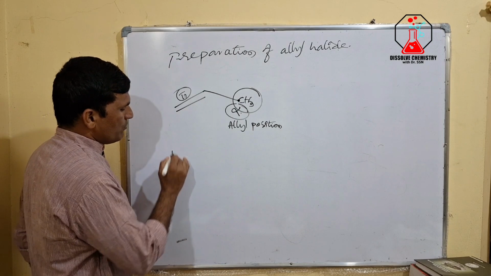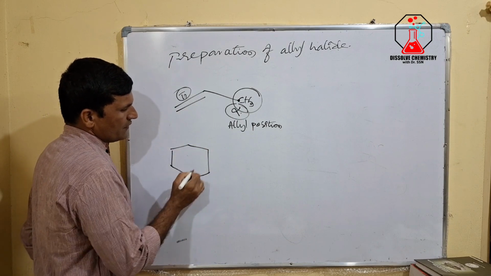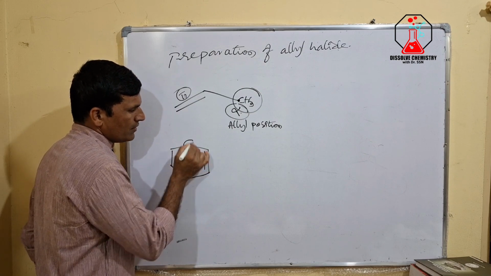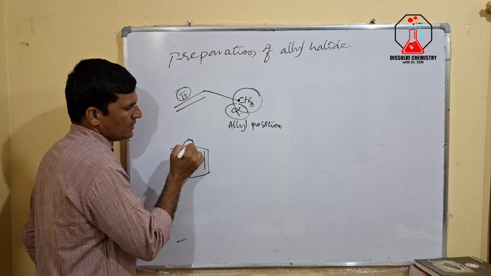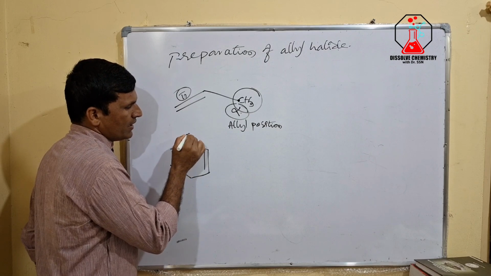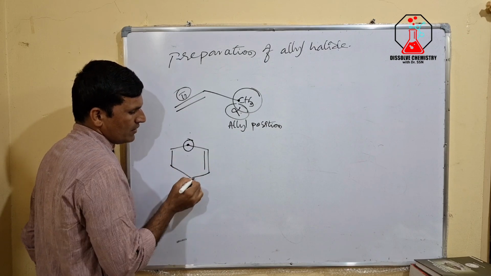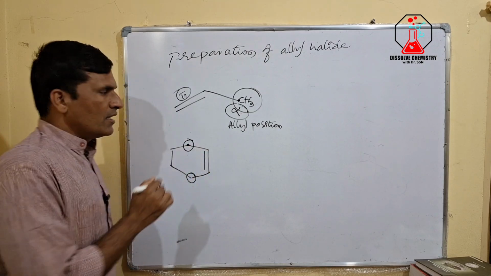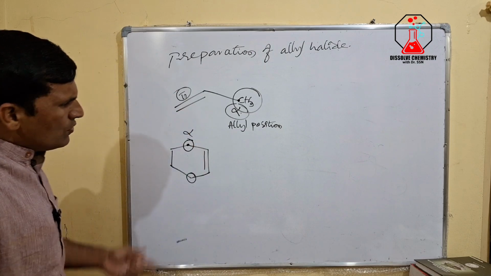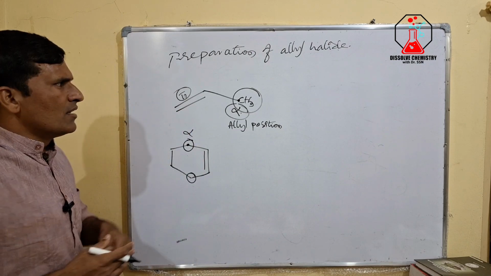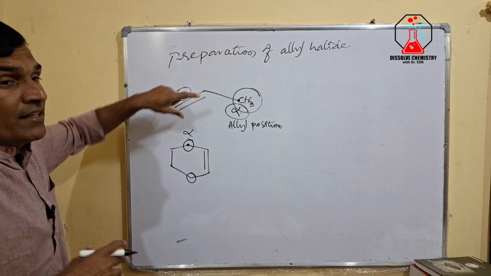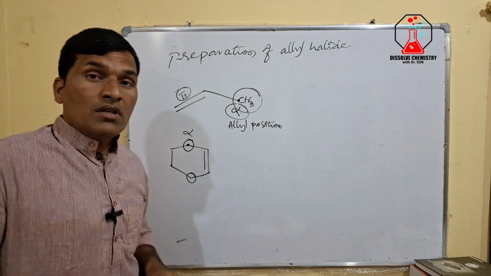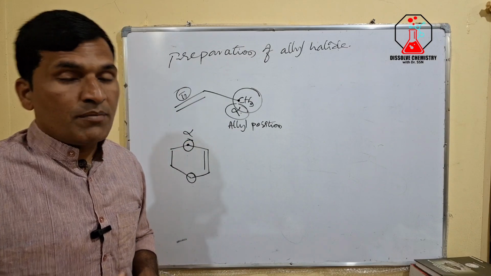So we will see an example. We can take this as an example. In this example, there is a double bond, then this sp3 hybrid carbon, which we call what? Allyl carbon. And this is also the allyl position. Both are identical because with respect to the double bond, they are in the alpha position. Fine. So now, how do we bring about this reaction, making sure that there is no addition to the double bond,